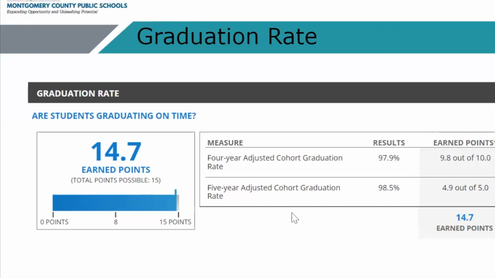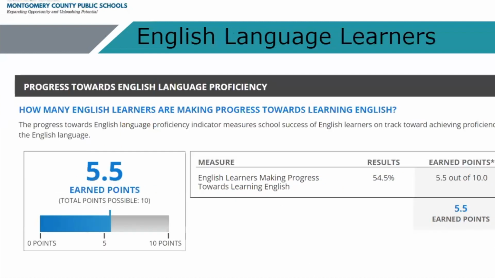Next slide, this is going to show you the breakdown for English language learners. So English language learners earn proficiency, or they meet their measure, by taking an assessment called the WIDA, and it assesses students in listening, reading, writing, and speaking. And based on student proficiency, this then results in a results score. Again, the goal is 4.5 points here. So we have exceeded that measure.